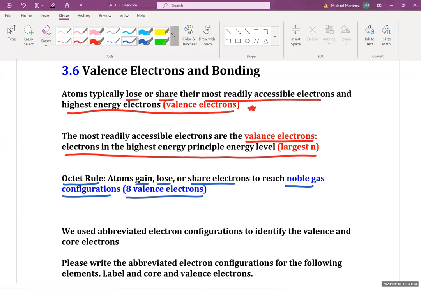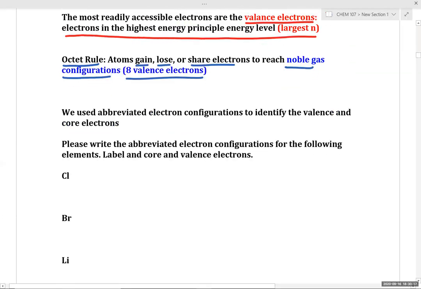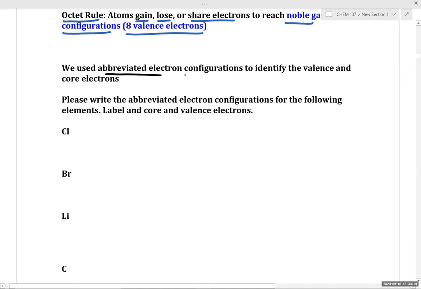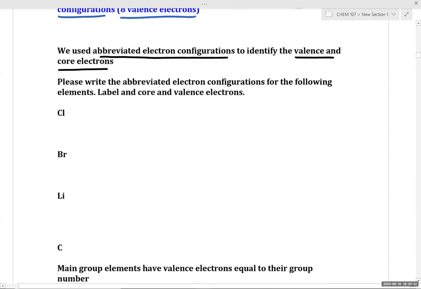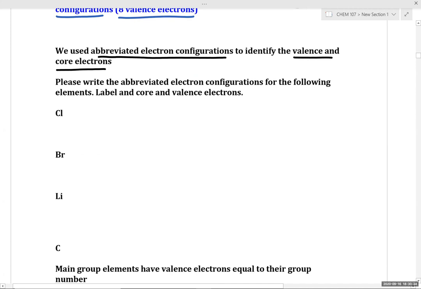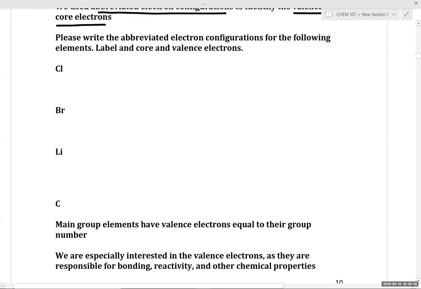Now, to help us with this, the reason why we teach abbreviated electron configurations is that abbreviated electron configurations can be used to identify the valence and core electrons. So if we look at the abbreviated electron configurations for different elements, we can begin to notice a really important trend. So let's just review this. So chlorine would have an abbreviated electron configuration of argon